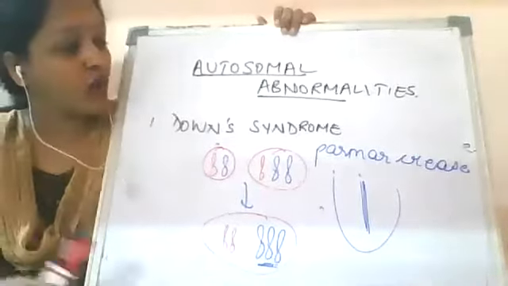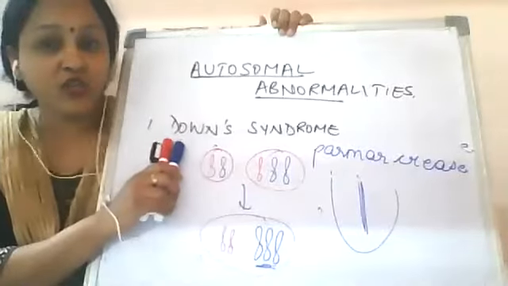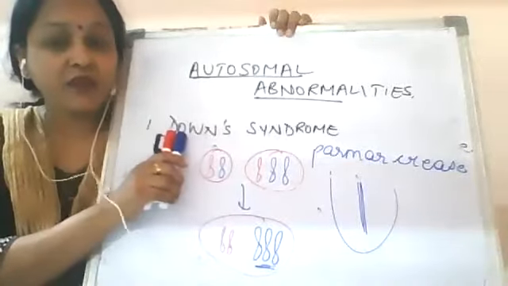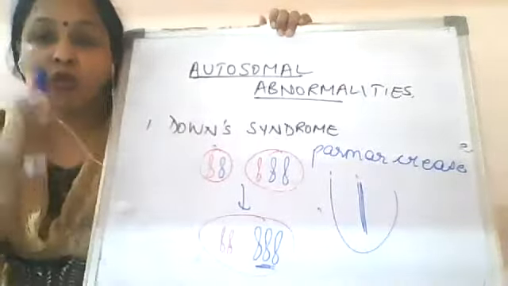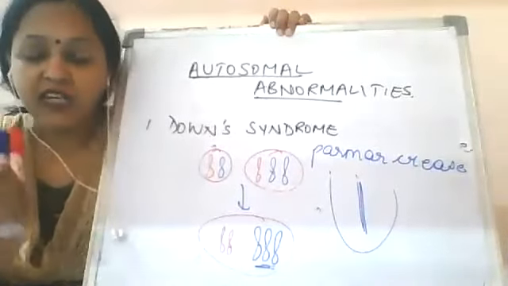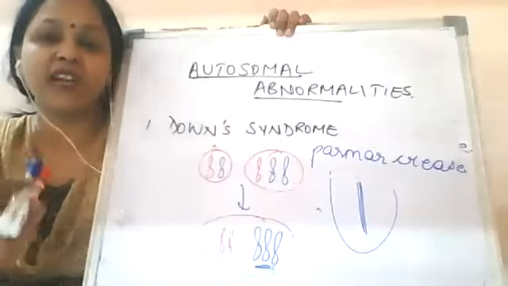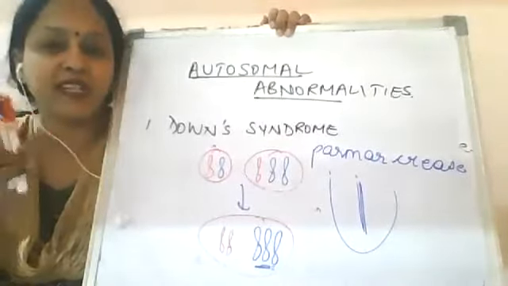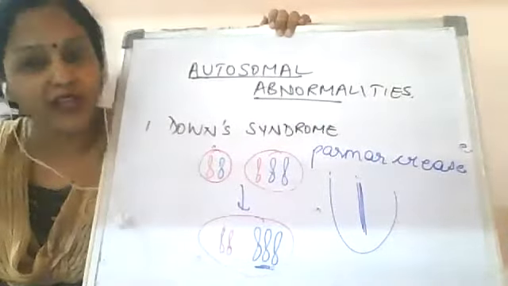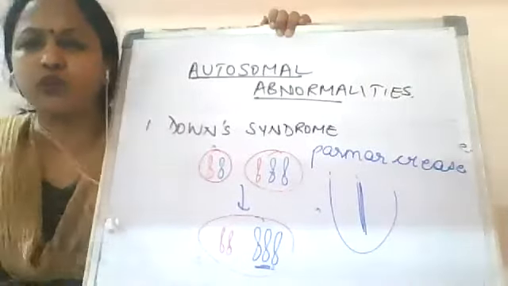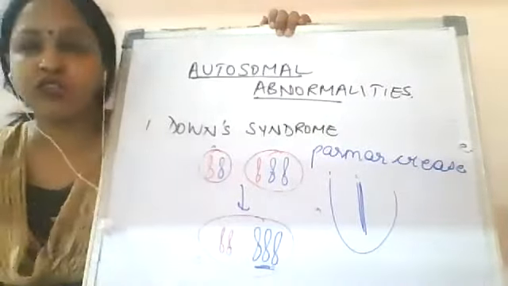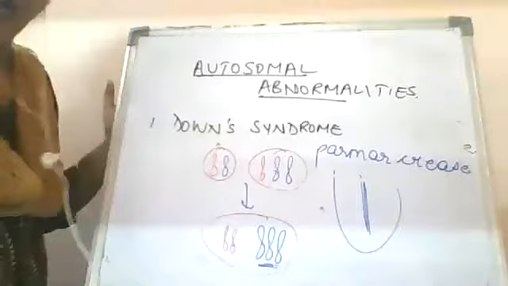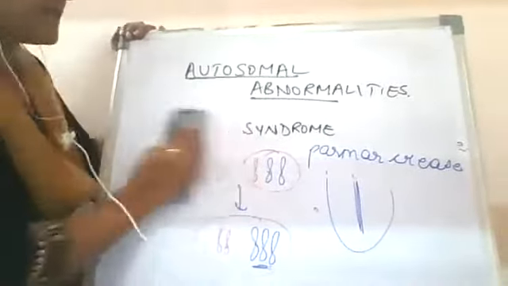Because it is an autosomal disease, just remember, Down syndrome is said to be autosomal recessive. It expresses itself only when trisomy occurs. If the 21st chromosome is present in two copies, it will not cause the disease. Only when there is trisomy of the 21st chromosome will it cause the disease. So ideally we should not use the word recessive or dominant for Down syndrome. We simply say it's a trisomy of the 21st chromosome. Then we come to the next type of disorders, sex chromosomal disorders.